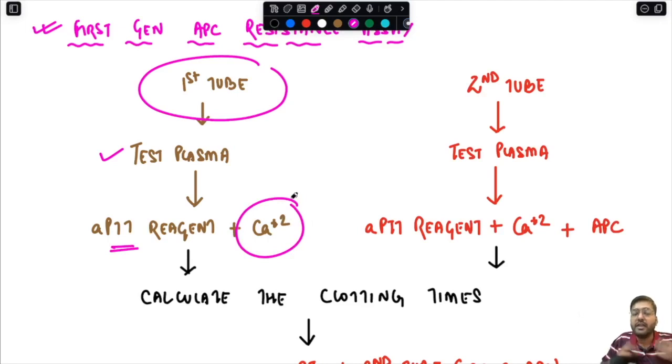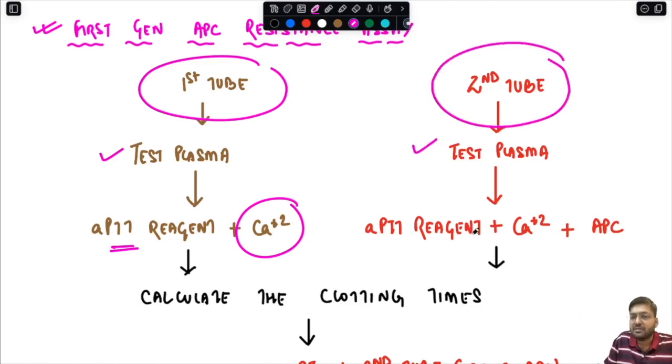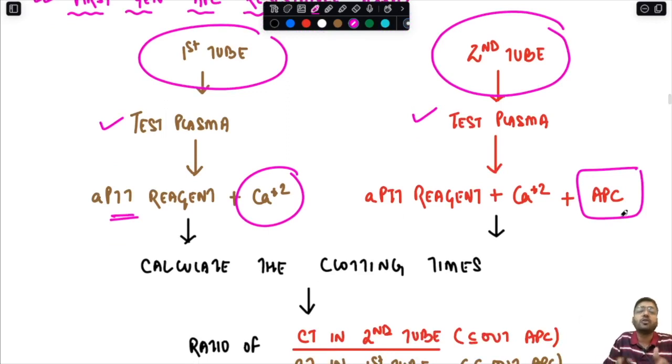Now this is going to initiate the clotting process, and the time taken to clotting is calculated. In the second tube you are again giving the test plasma, and in addition to whatever you have given in the first tube, you are also adding the activated protein C, and after this you are going to calculate the clotting times over here, and then the ratio of the clotting time in the second tube,